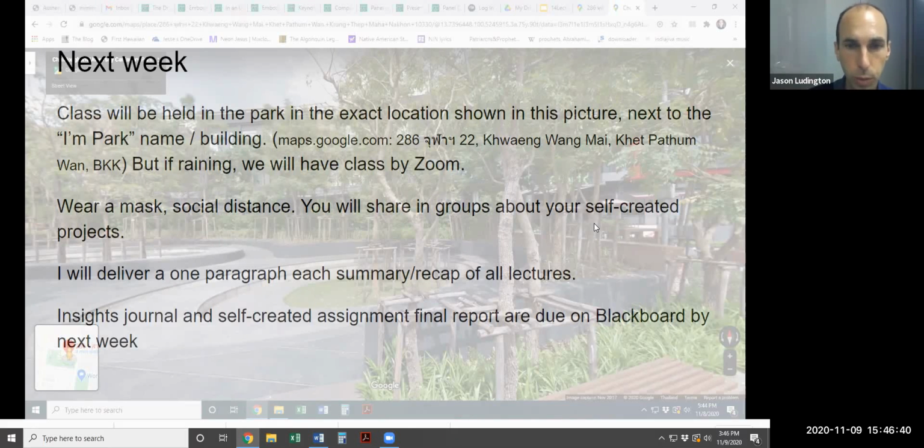Someone asked, do you have to wear a uniform? That's a really good question because we're not technically in a classroom. So I'm going to say no. But I can still encourage you to wear a uniform because this is still a university class. It's in keeping with the spirit, but it's not in the classroom and it's not using any of the institution's buildings. It's an open park, so feel free to wear whatever you like.